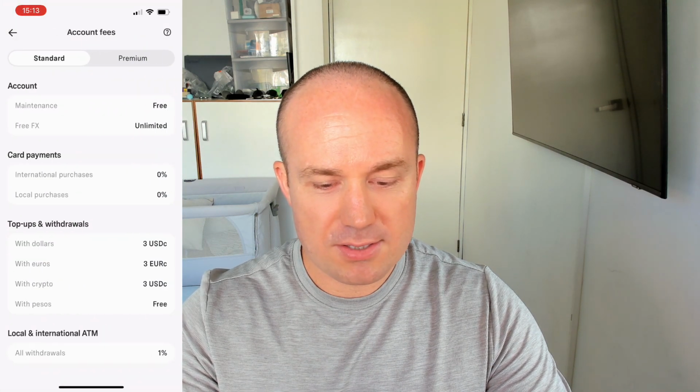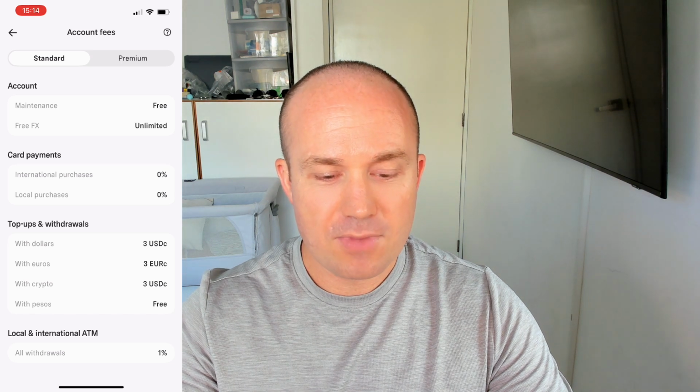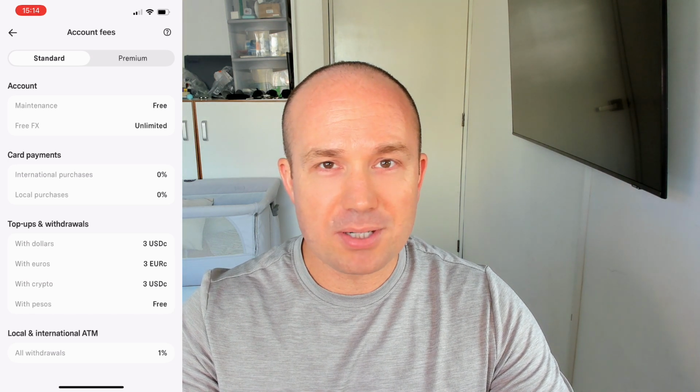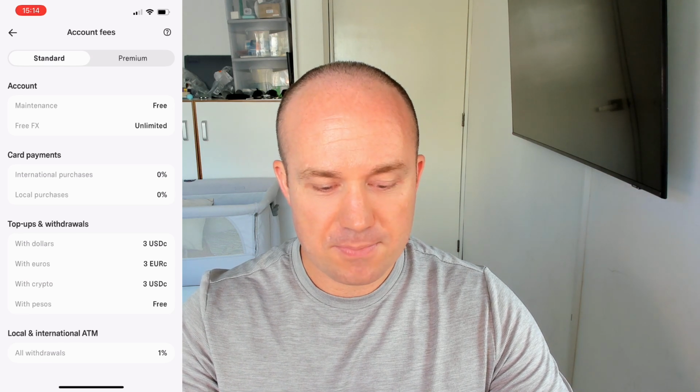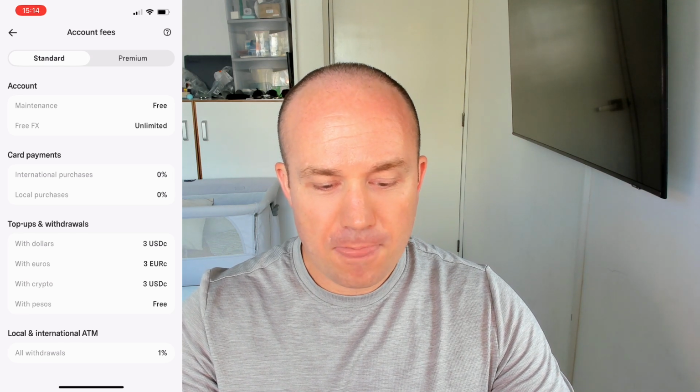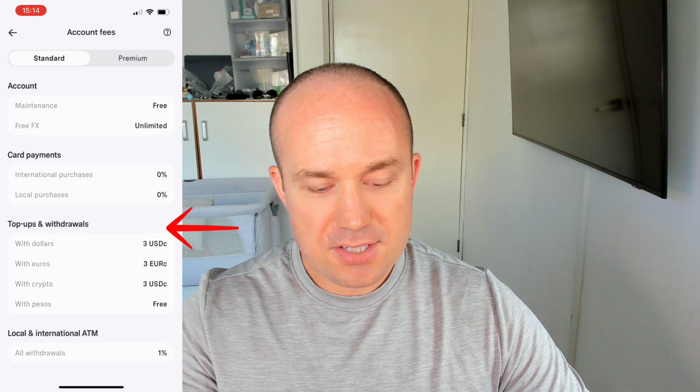Click on account fees. So there are two tiers. There's a standard tier and there's a premium tier. I just use the free one because I don't need the premium features, but here's where you can see the different pros and cons of those types of accounts. What I want to highlight here is if you go down to top-ups and withdrawals, this is basically the cost